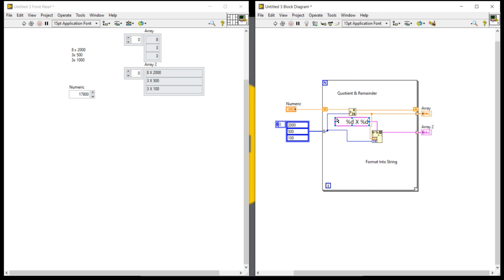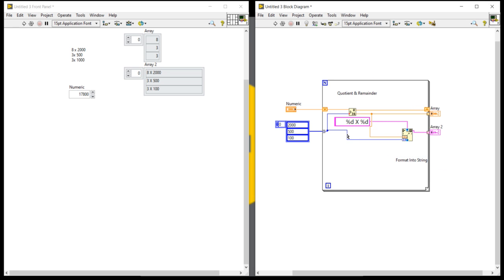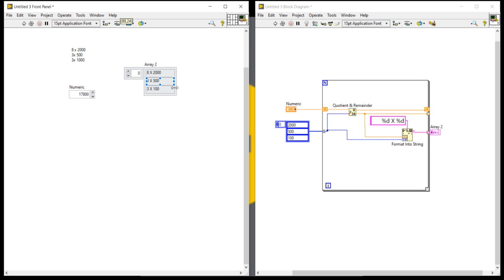Percent d, percent d, percent d. Percent d means decimal.